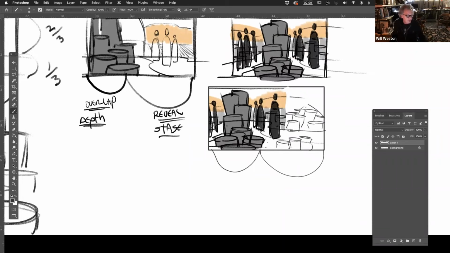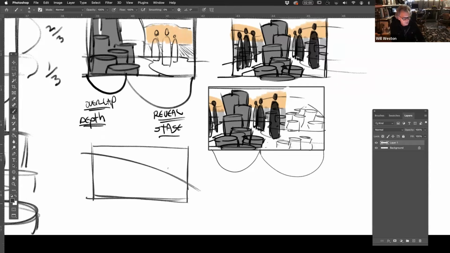Because, and by the way, sets are just paintings used in movies. That's all they are, right? So, and if you're in animation, you're also designing the shot, and a shot is just a picture composition. That's all it is. So if we come in here, and I do this, and again, I'm shoving them way close in the foreground.